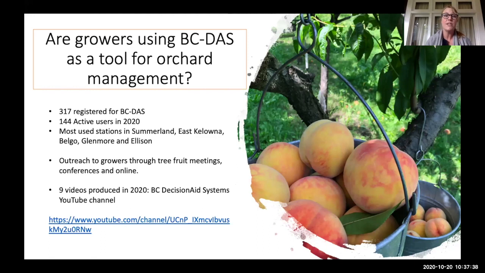Our top 5 stations tend to be in very large orchard areas with lots of concentration of both apple and cherry orchards in Summerland and 4 areas of Kelowna. As we get further into the South Okanagan, our uptake is not quite as good. However, we do have a higher concentration of soft fruit growers, and we don't have as many models available to those growers. So we're continuing to do outreach to our growers, lots of online meetings this year, obviously,